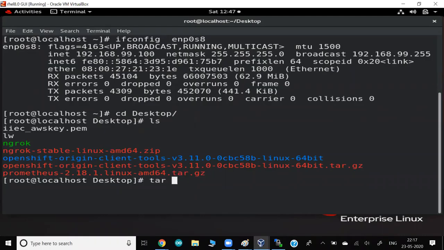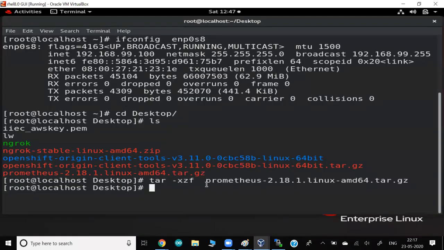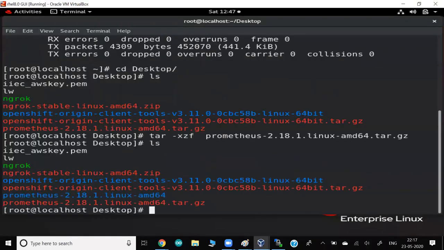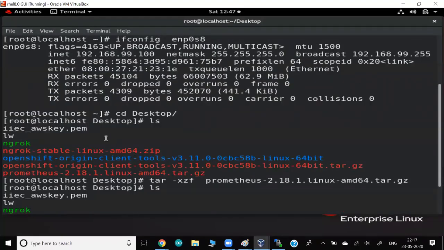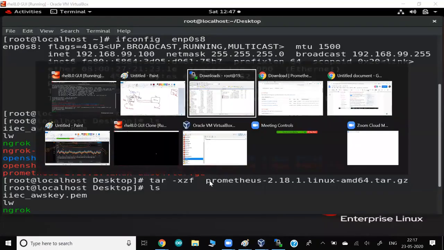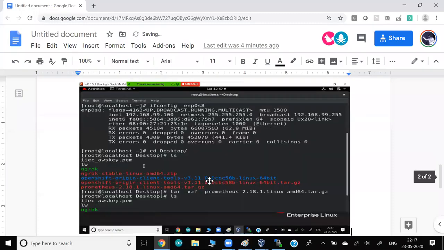So we have a command called tar -xzf, then your software name. This command will extract the software. That's all. It is like a rar. After extracting, you can see one new folder created. That's all, it has been installed. It's so simple. There's nothing special you have to do. Only one command and your Prometheus has been installed for you.